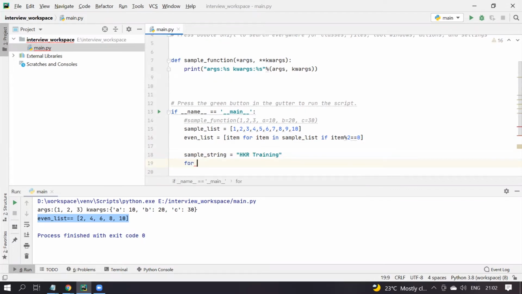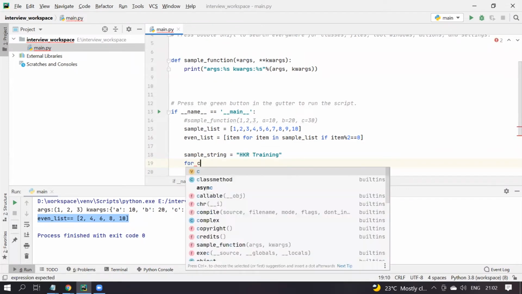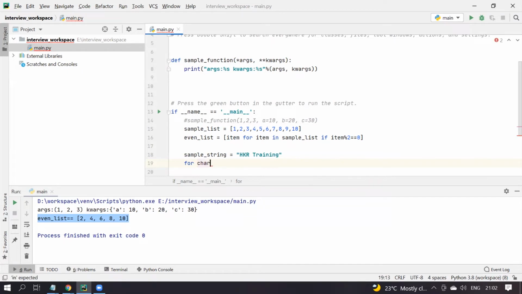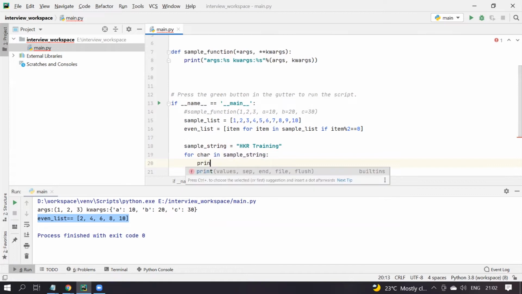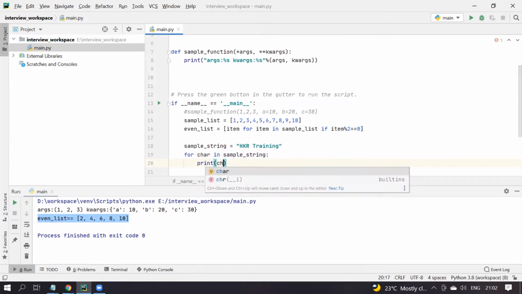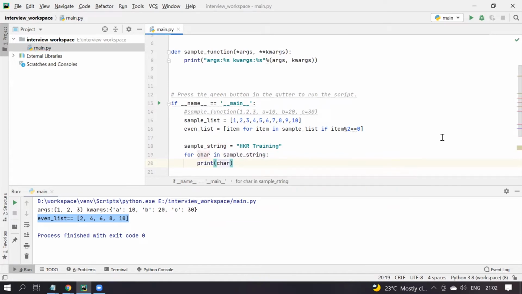Now, if I apply a for loop, for example, for character in sample string, print character. If I run this code,